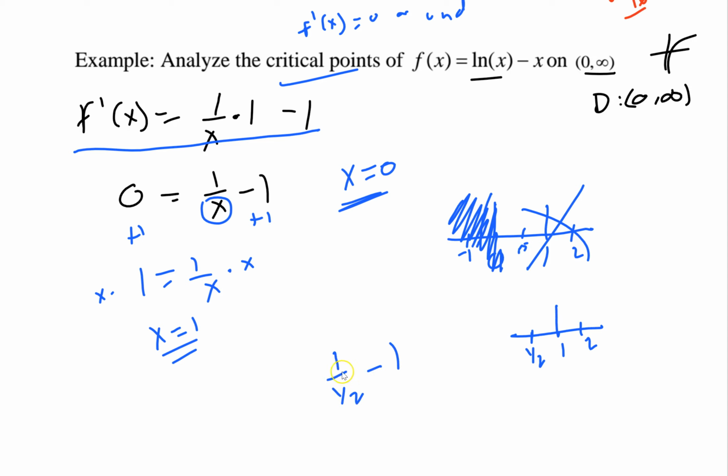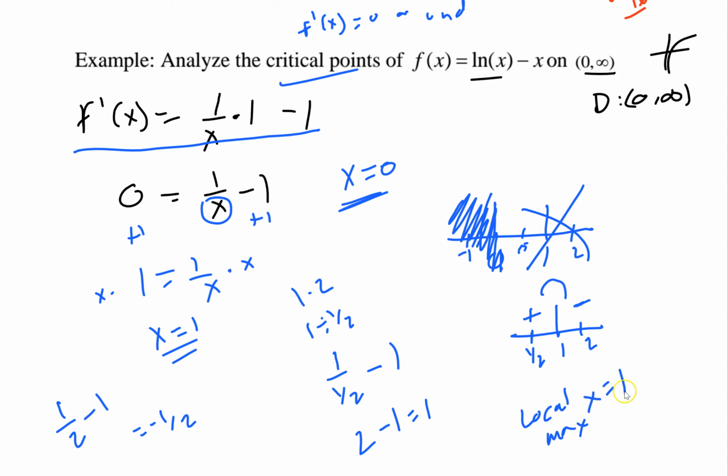Now remember, this is kind of a trick. Anytime you have something like this, like a complex fraction, this is 1 divided by 1/2, which is just 1 times the reciprocal, right? So the short answer is the very bottom thing goes to the top. That's a shortcut. That thing goes to the top. So 2 minus 1 is 1, so it's positive. 2, so let's say over here, right? 1 over 2 minus 1. Well, 1/2 minus 1 is negative 1/2, so that's a negative. Look what's going on. You went positive and then negative. You have a local max